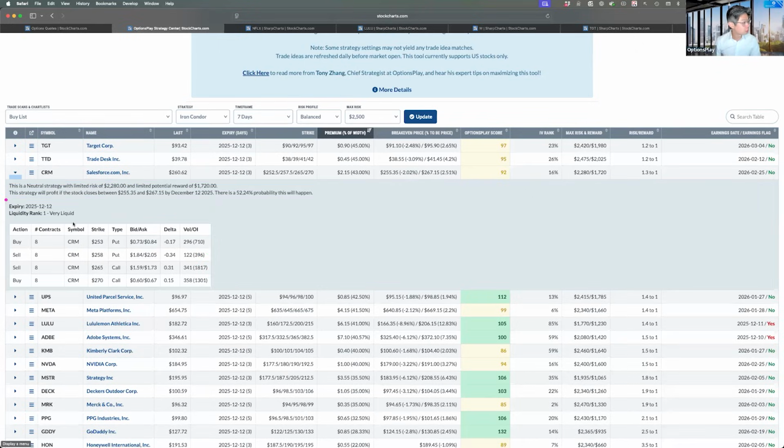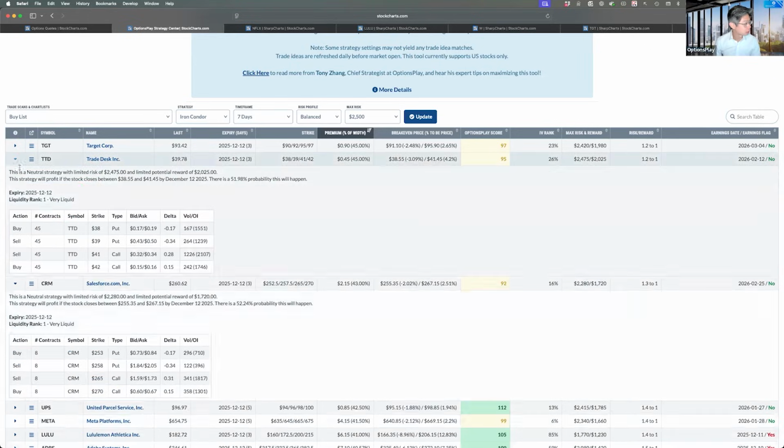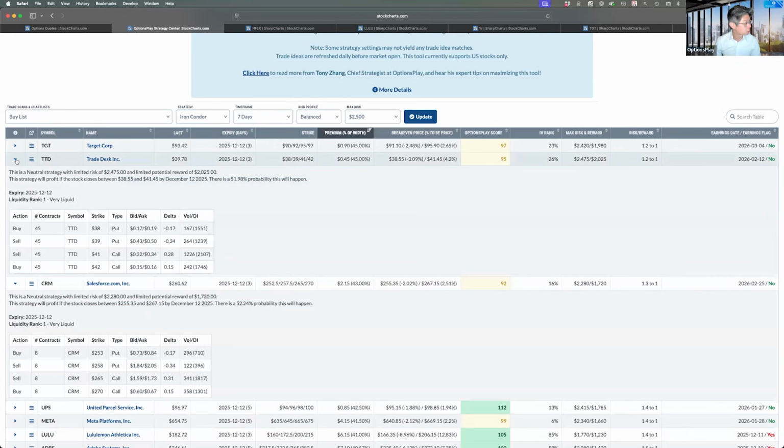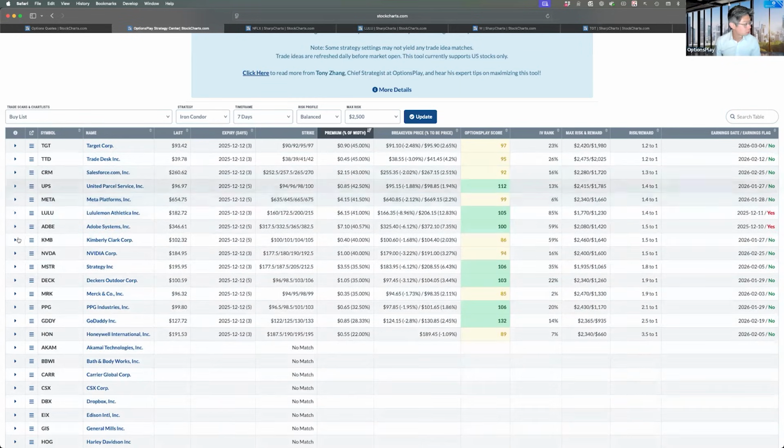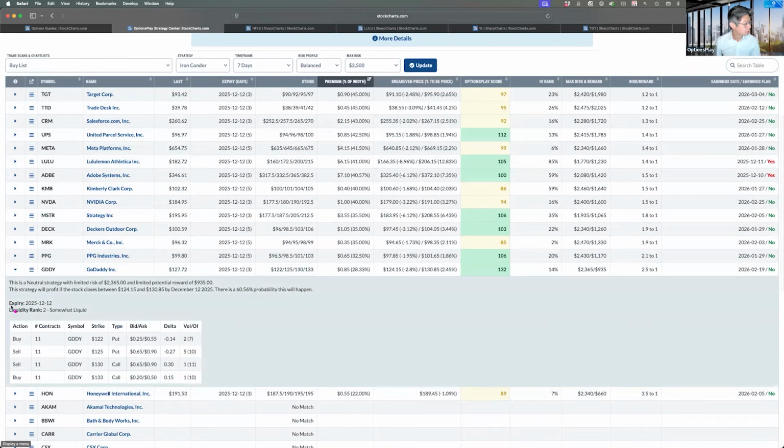And we even have a liquidity ranking on each strategy so that you can get a sense for how liquid the options are. So for example, if you look at Trade Desk here, it's telling you very liquid. Salesforce, these are all very liquid stocks, but let's look at maybe GoDaddy. GoDaddy, as you can see, is somewhat liquid, right? So these are things that you might want to know when you're deciding which option strategy you want to trade, in helping you better understand the execution quality of these particular